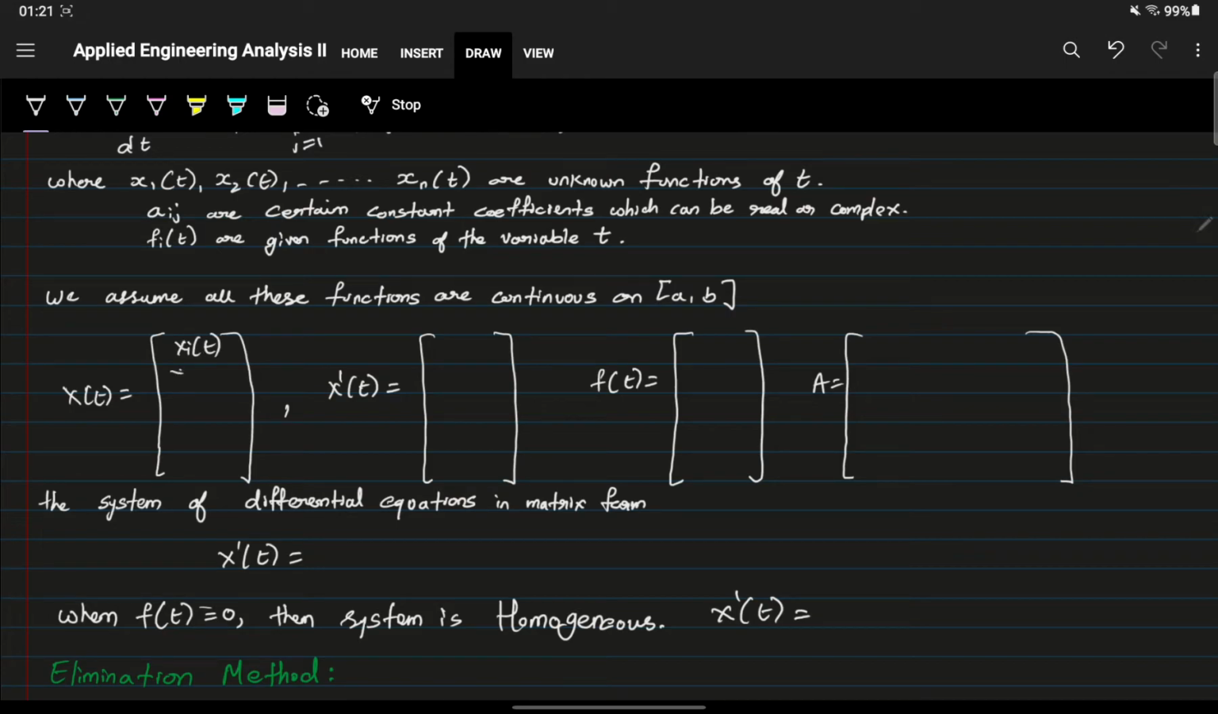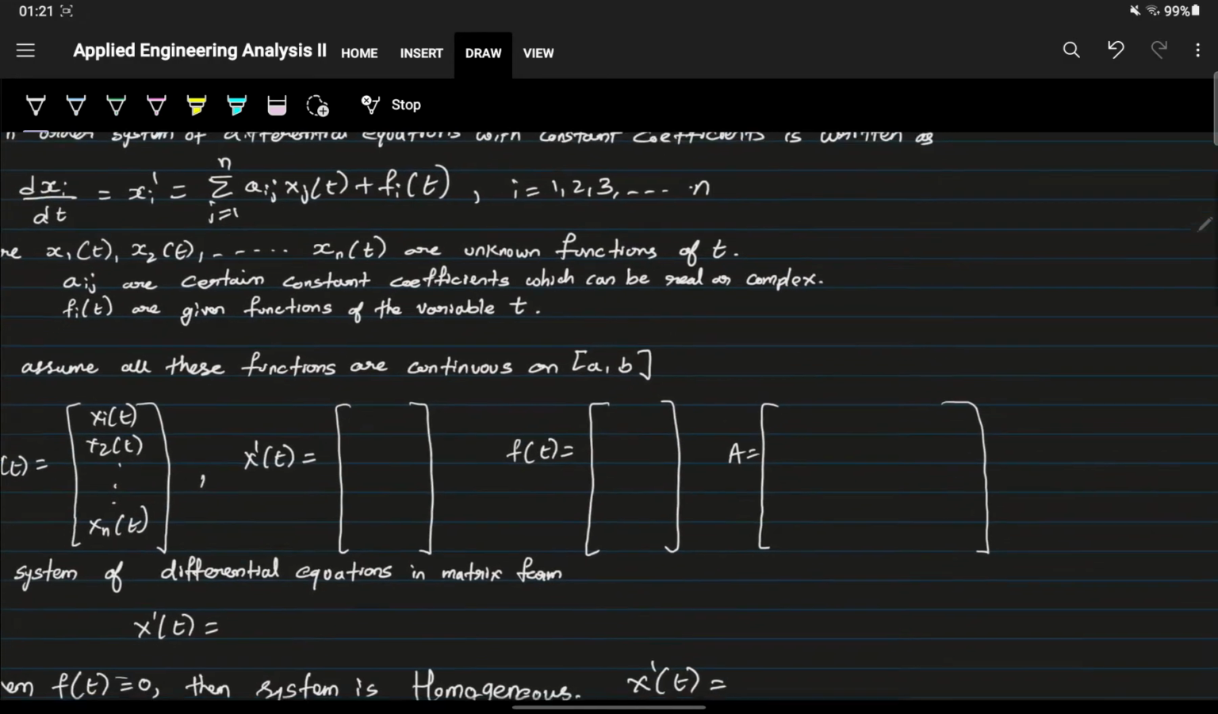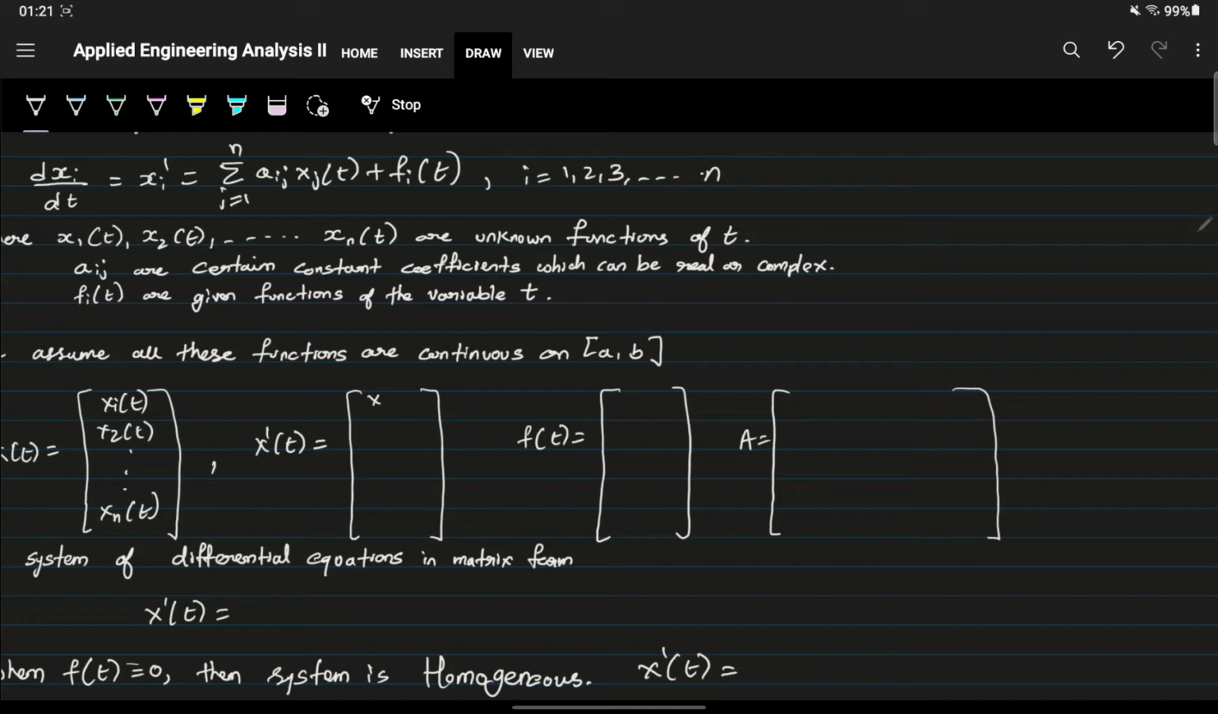x1(t), x2(t), all the way till xn(t), and x prime, the derivatives of them, would be x1 prime, all the way till xn prime(t), and f(t) would be f1, f2, all the way till fn, and A, the coefficient matrix, will be